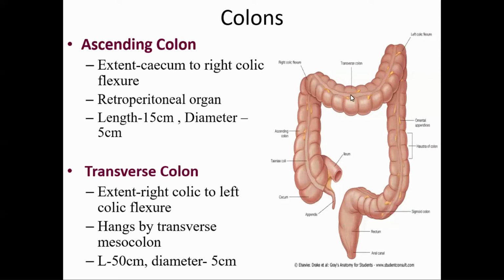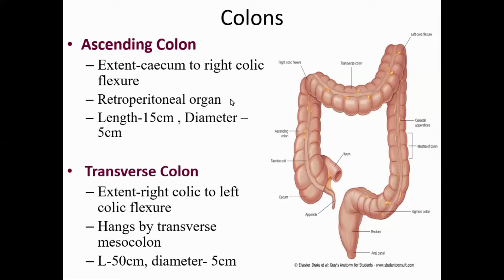Peritoneum of the transverse colon is named the transverse mesocolon, and the peritoneum of the sigmoid colon is known as the sigmoid mesocolon. Peritoneum of the stomach is named the omentum. Peritoneum of the small intestine is the mesentery. Peritoneum of the colon is named the mesocolon: transverse mesocolon, sigmoid mesocolon, appendicular mesocolon. Okay.